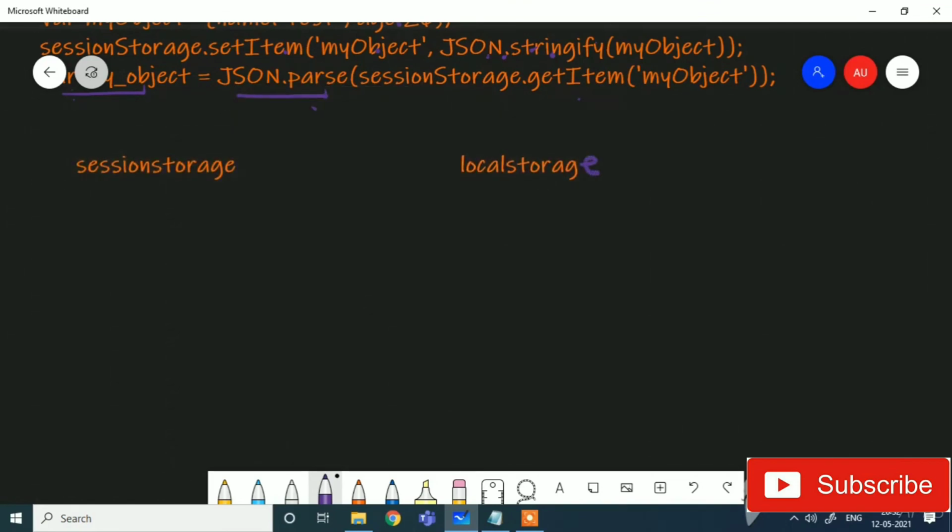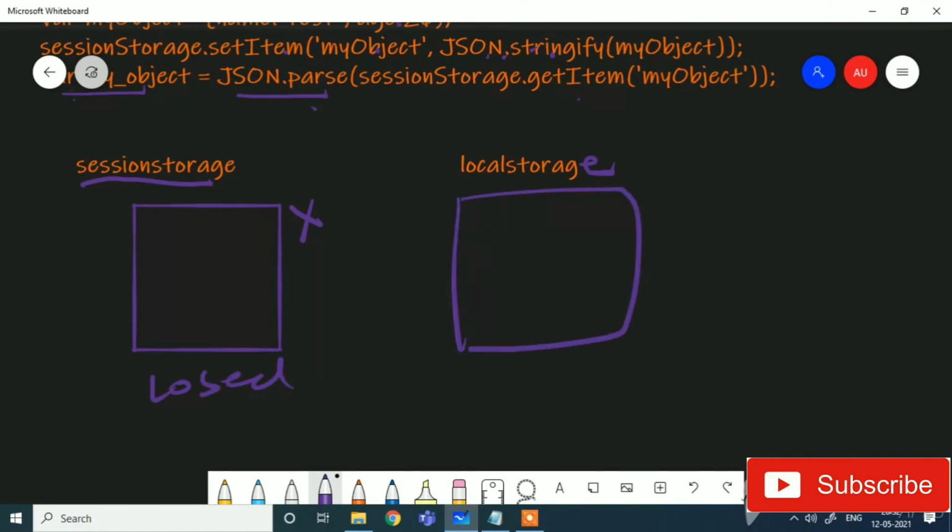If I have saved certain information in session storage, it will be destroyed as I close the browser. This is my browser; if I have closed it, my session will be lost. But in local storage, if I close my browser and come back, I am still able to get my data. This is the major difference: local storage persists my data, while session storage will lose my data.